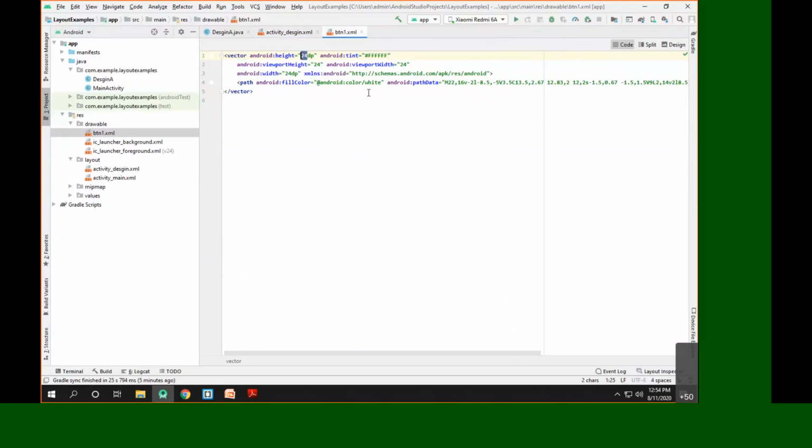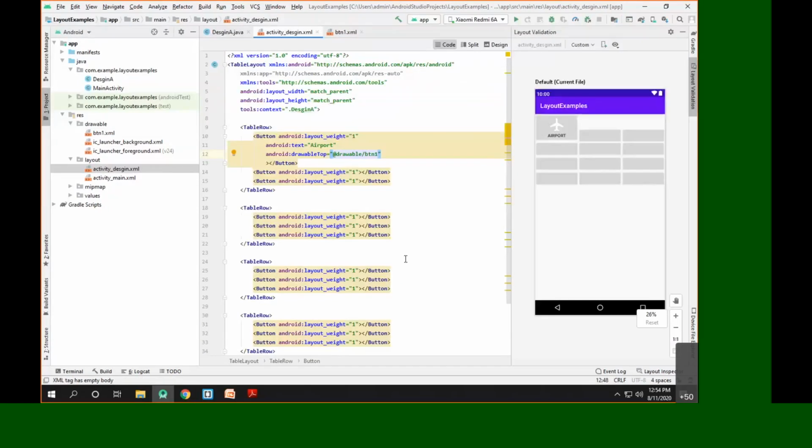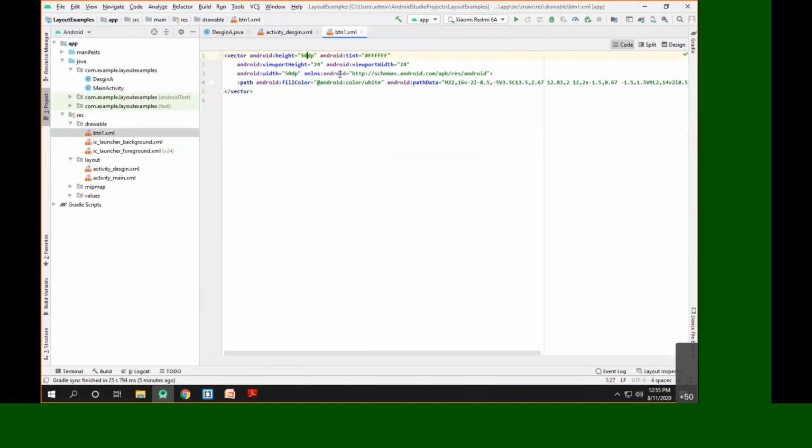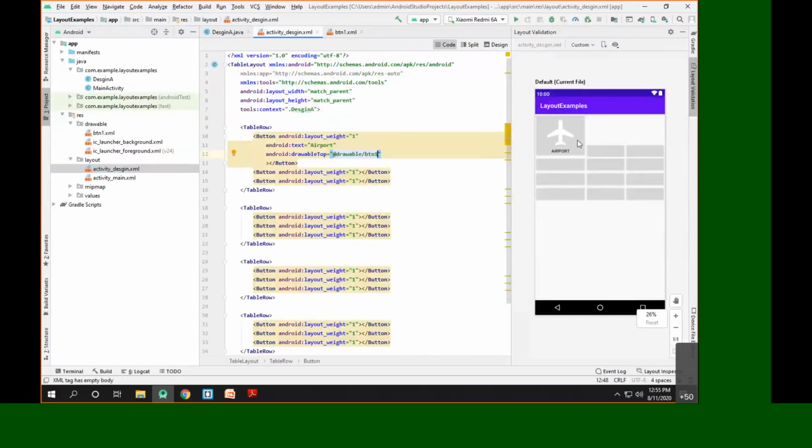Now you can increase it, so we'll set this size as 50 dp for both width and height. Now if I go here, you can see the size of the image is slightly increased. We'll try to increase the size more, so we'll make it 100 dp and 100 dp. Now you can see the image is added.